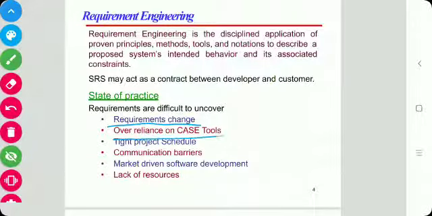The third reason is over reliance on CASE tools. What are CASE tools? Computer aided software engineering tools. These tools are very important for developers, as word processors are to authors. Likewise, CASE tools are important for developers, but it is not good to rely on the CASE tool for requirement engineering. Then next is a tight project schedule, because of either lack of planning or unreasonable customer demand,